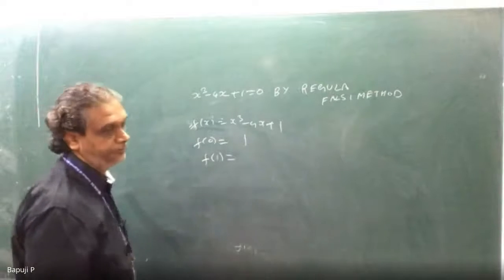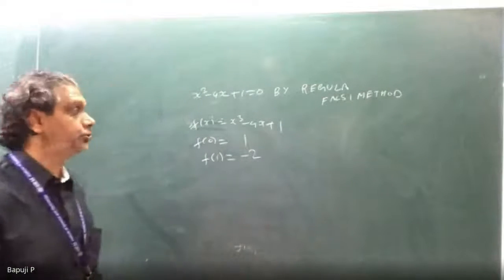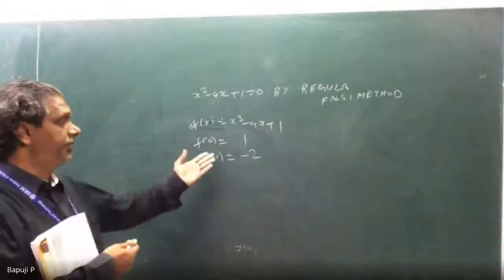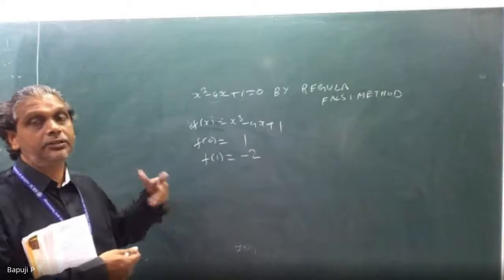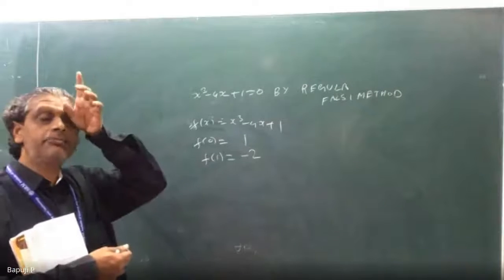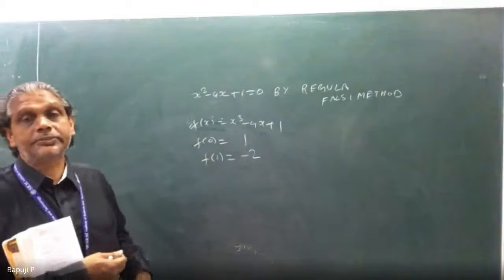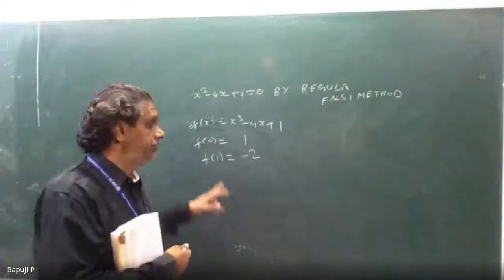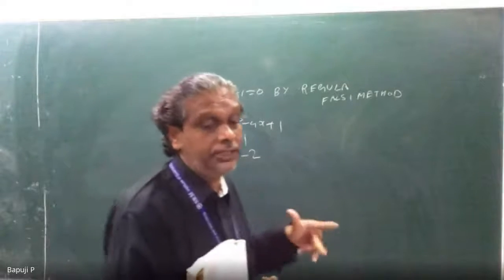What is f of 1? Minus 2, sir. Actually, look at this question properly. Smallest positive root. Maybe if you start with f of 1 and f of 2, you will get opposite signs, and the root lies between 1 and 2 also. So from 0 I am telling. Smallest means I am starting with 0. So better you check from 0 if they ask for the smallest positive root. If you see f of 2, initially if you start with f of 1 and f of 2, the root lies between 1 and 2.